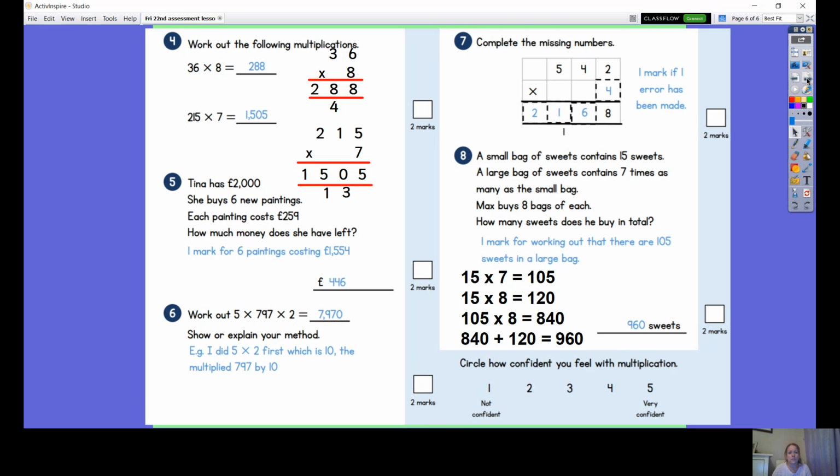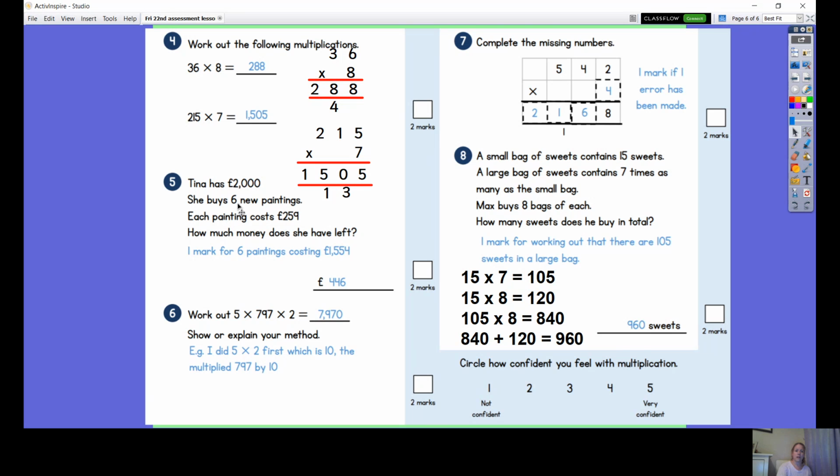6 times 8 is 48, and then 3 times 8 is 24, with the other 4 that's on the doorstep makes 288. And then here 5 times 7 is 35, 1 times 7 is 7, but then we have the 3 underneath as well, which made 10, so put the 10 across there. And then we had 7 times 2 is 14, and the 1 underneath was 15. So the answer is